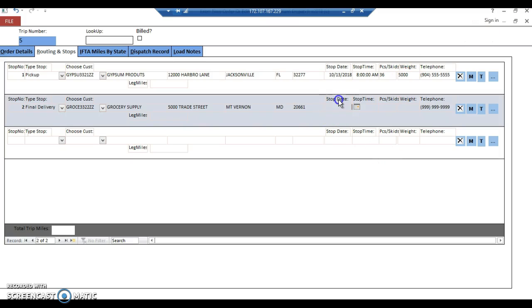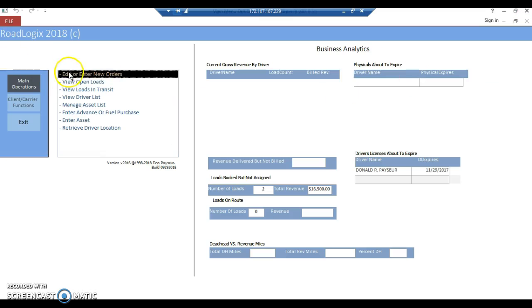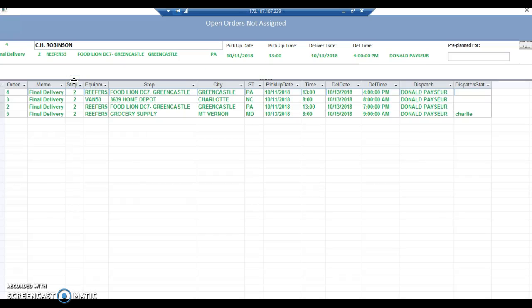So we'll say the delivery date's going to be 10/15 at 0900. It's going to be those 36 at 5,000 pounds. And now we'll calculate the miles for the trip. And there it is, 680. And then we'll click create the tax. So it's done. Now this load is in the system. And as you can see, even with me just slowly talking through it, it only took about a minute or